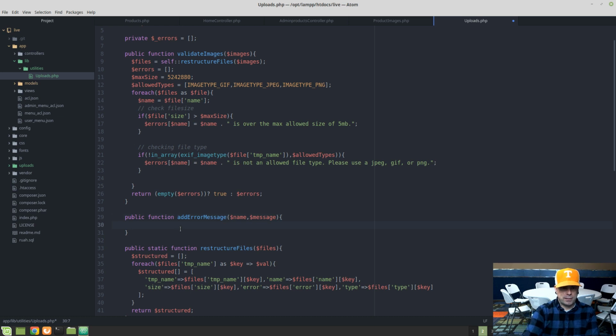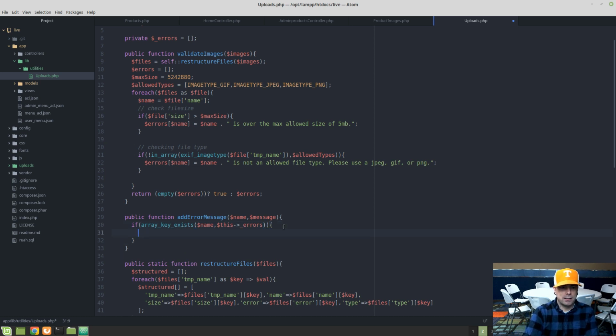And then all we have to do is we say if array key exists, and we're checking for name, and we're checking in the errors array. So if that exists, then what we want to do is probably just concatenate on that. So we'll say this errors name, and we'll just do this errors, and then what we concatenate on is either some sort of break,